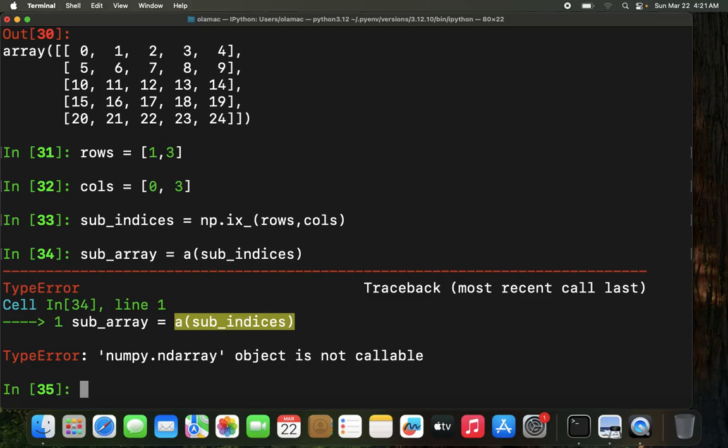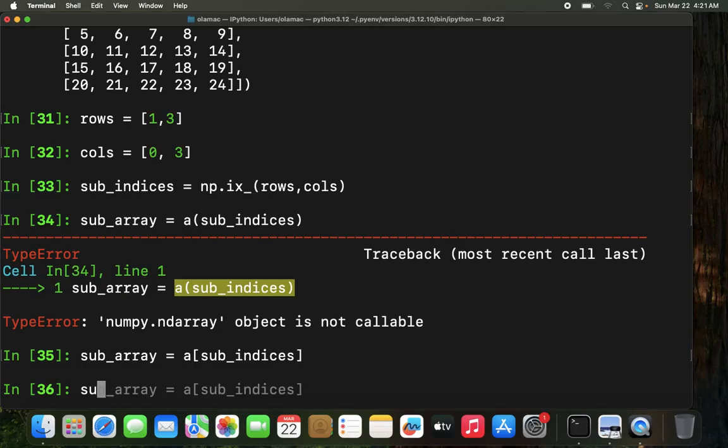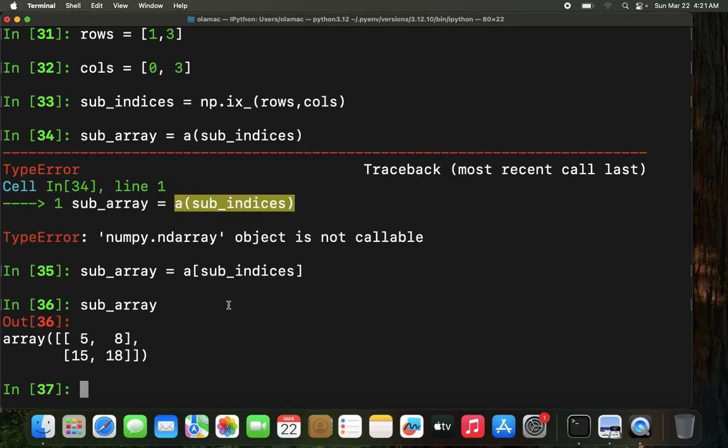np.ndarray object is not callable. Oh, I think I blundered that. So this is sub_array equals a, square brackets, indices like that. Okay, so when we do sub_array, we get a 2 by 2